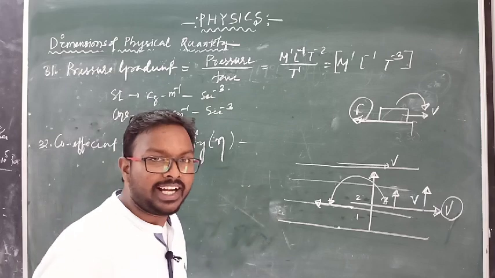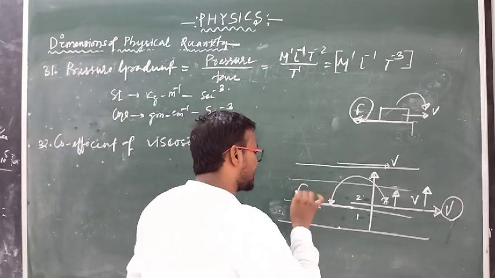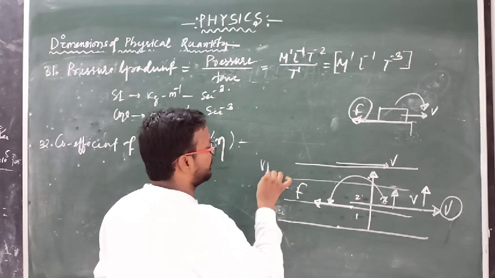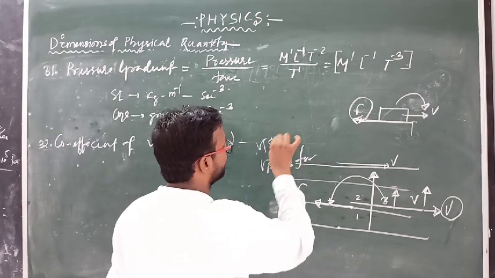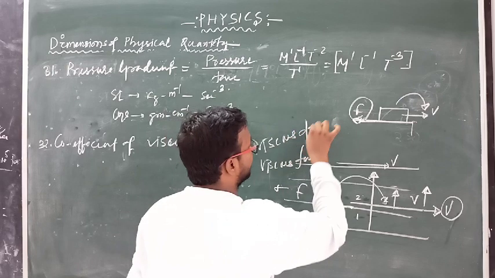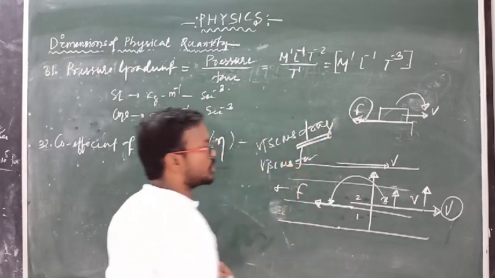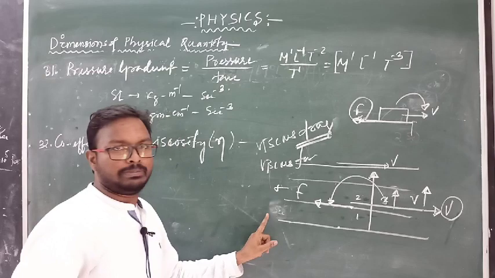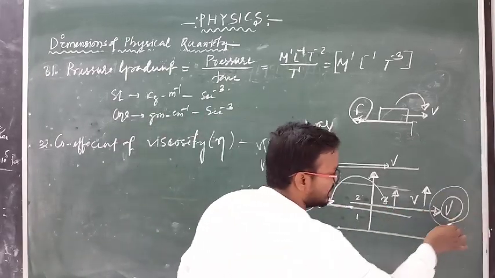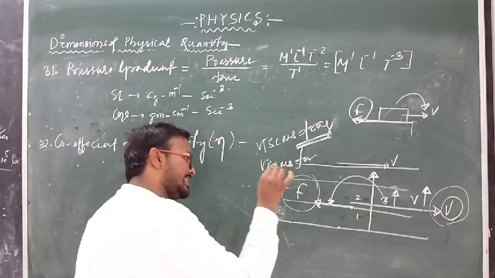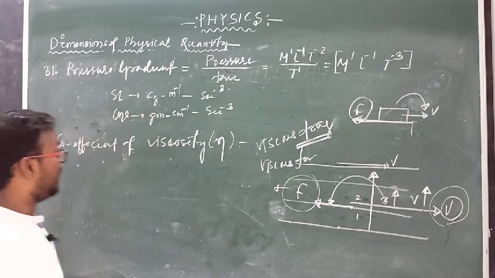In case of liquid, we say this force is known as viscous force or viscous drag. Clear? This force is opposite to the velocity, and this viscous force depends on